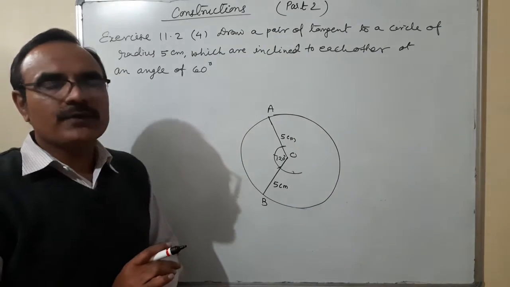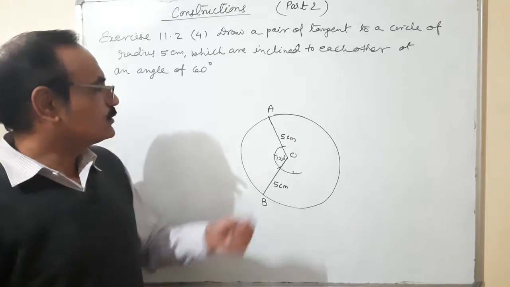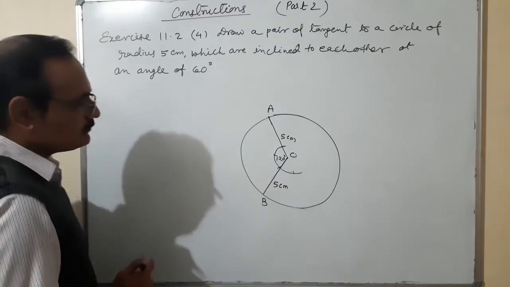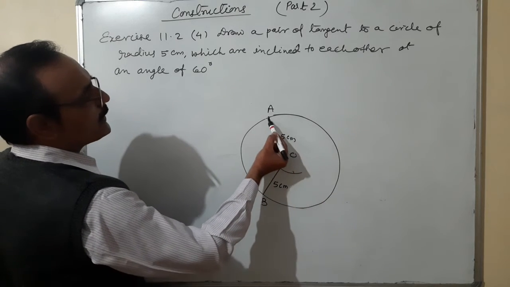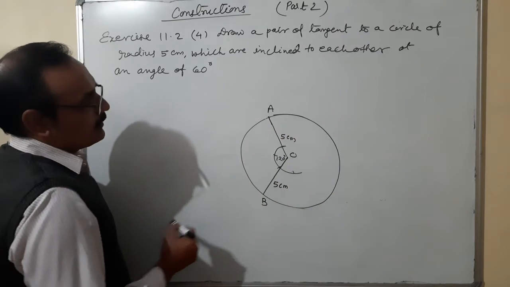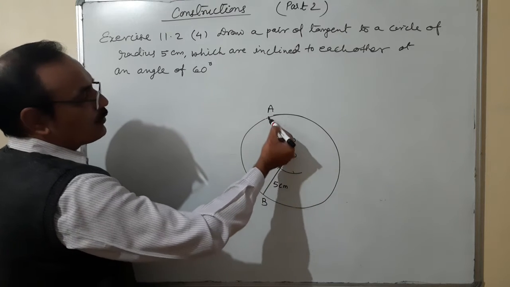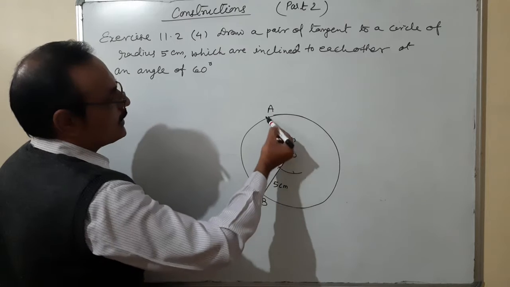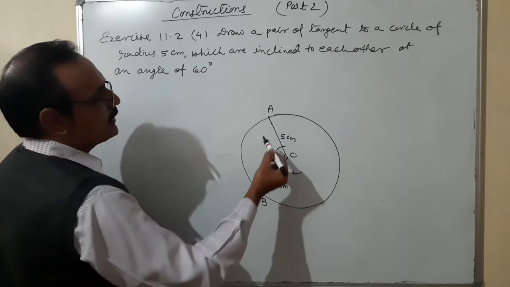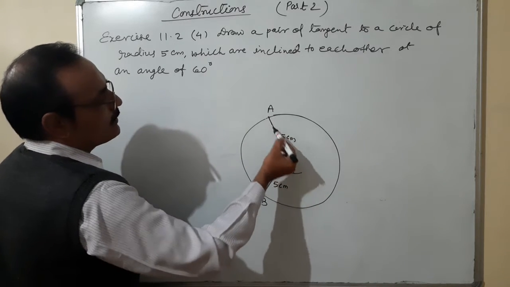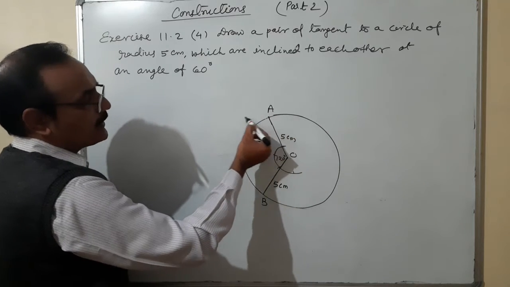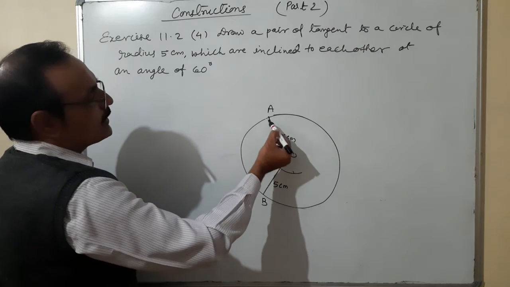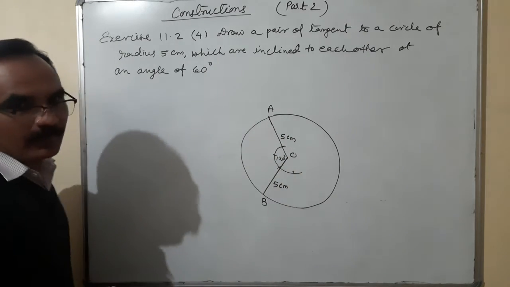Now what we are going to do, we have to draw two tangents through point A and point B on the same side. Okay. So now going to draw a tangent through point A, which is perpendicular to OA, because a tangent is always perpendicular to the radius. So that means here again we have two options. Either you can place a protractor over here and, taking this as a baseline, make an angle of 90 degree, or through this point use a pair of compass and draw an angle, right?